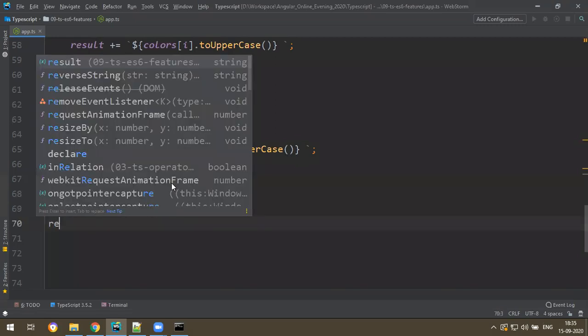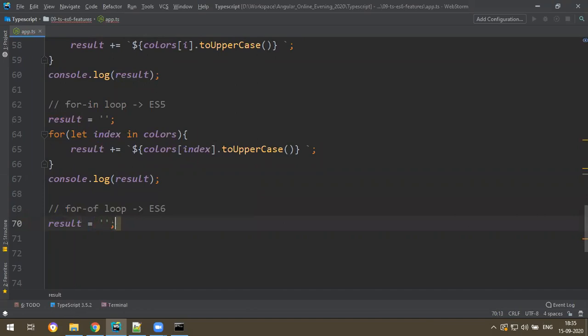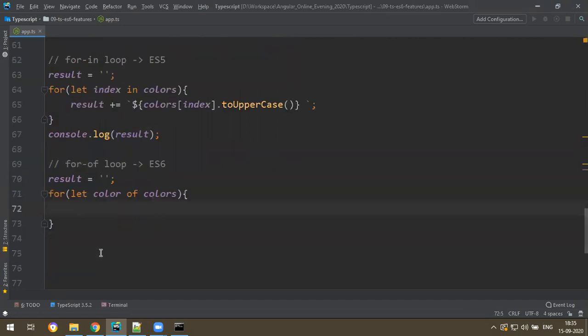So let me clear the result to empty, and for let color of colors, because every iteration you get the element, so I'm giving a name called color. You can give a, b, c, d also, but meaningful is better: colors contains a collection of color, so color of colors. If it is employees, employee of employees, product of products, customer of customers, like that. You get the color directly, so you can print it directly.